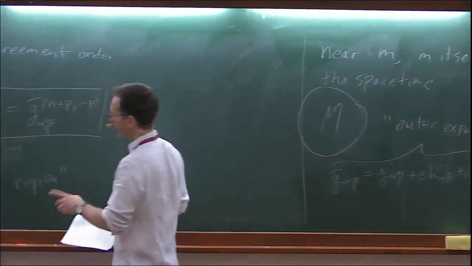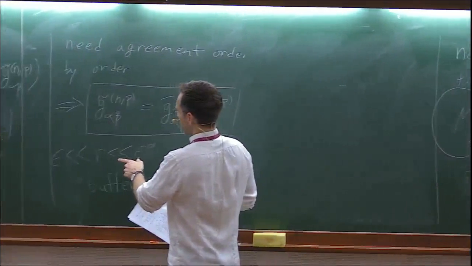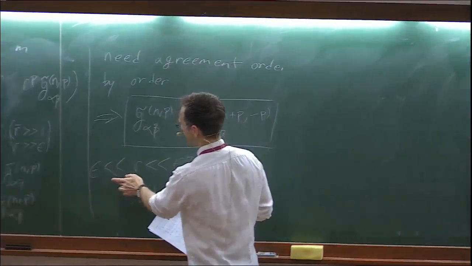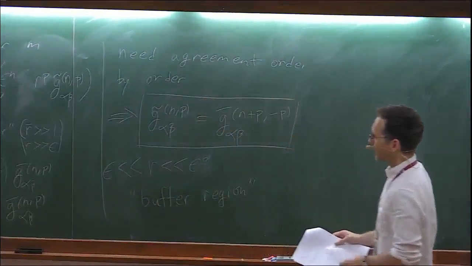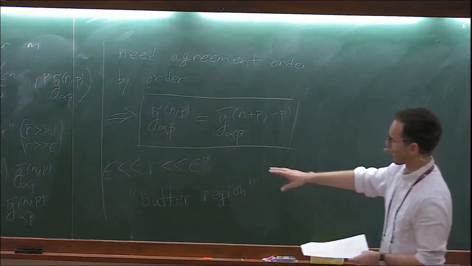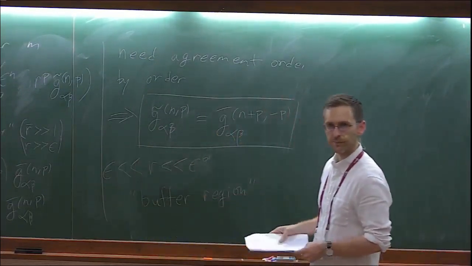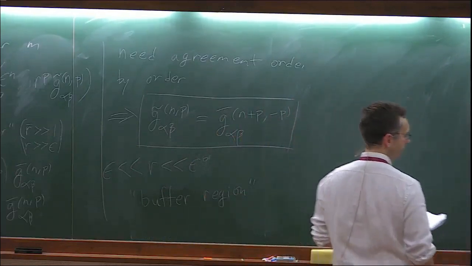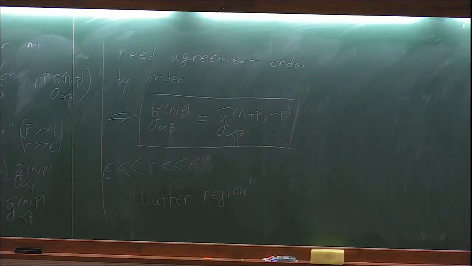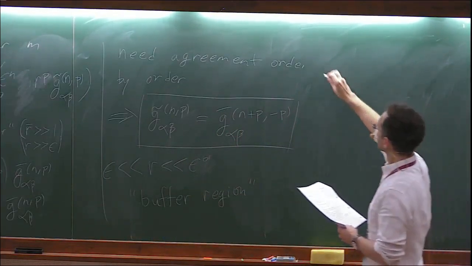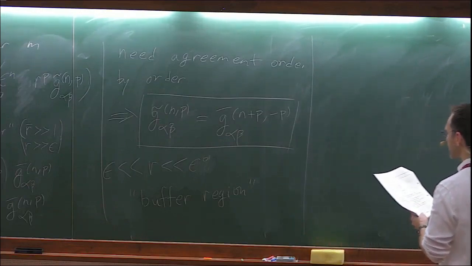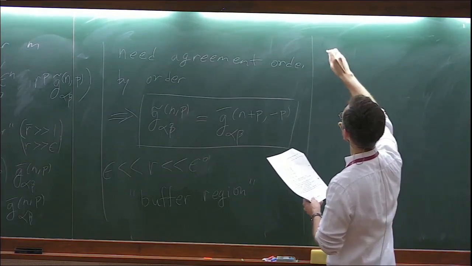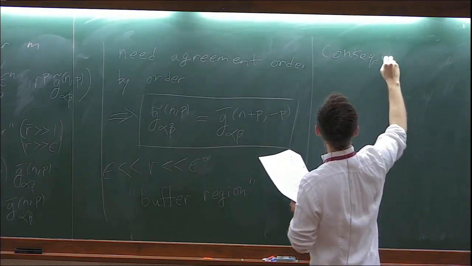So you expect the inner expansion to be accurate when r is much, much smaller than epsilon to the 0. You expect the outer expansion to be accurate when epsilon is much, much smaller than r. And you expect this double expansion to be accurate when you're satisfying both of those conditions simultaneously. Okay, now this matching condition becomes a little bit clearer, I think, if you draw the terms in a table. So to do that, let's first find out some restrictions on the expansions coming from this matching condition. So a consequence of the matching condition